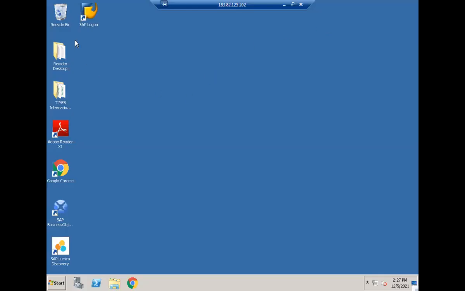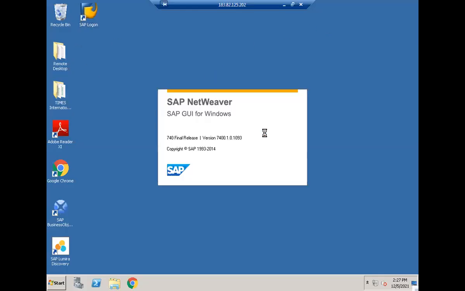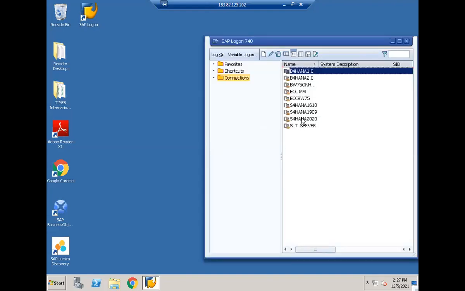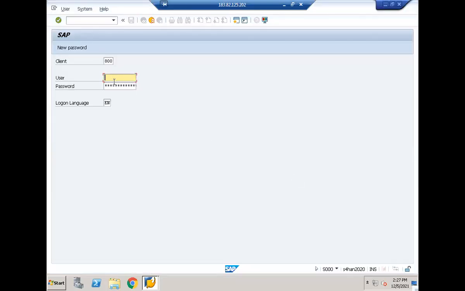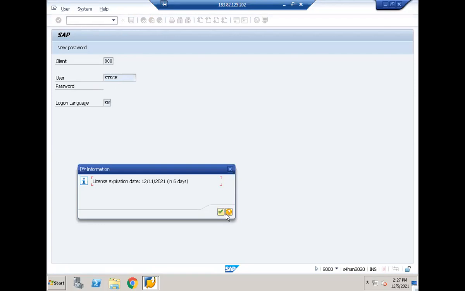So if you look at the embedded one, here in SAP S/4HANA 2020, we will be using the embedded one. So here it is. Right.